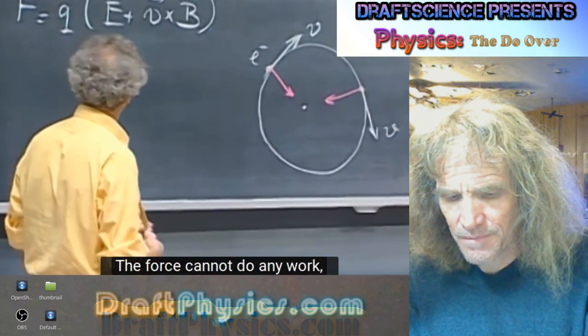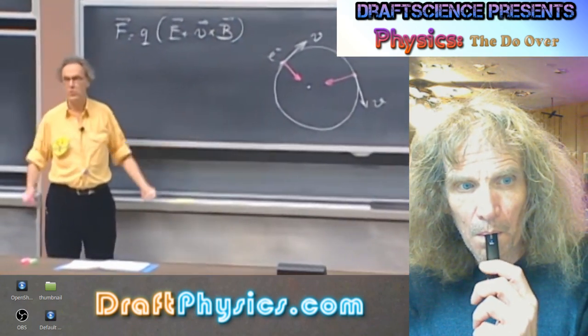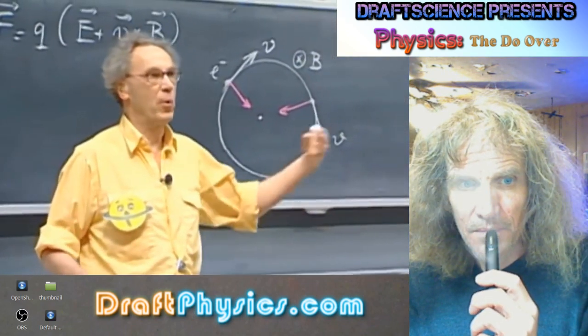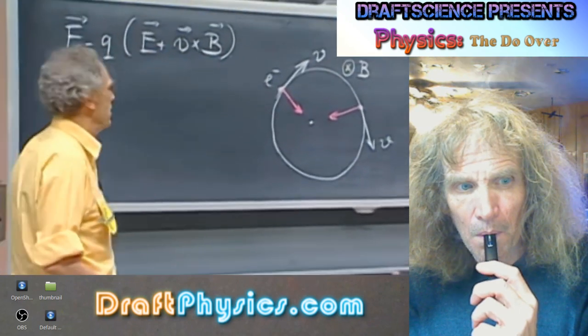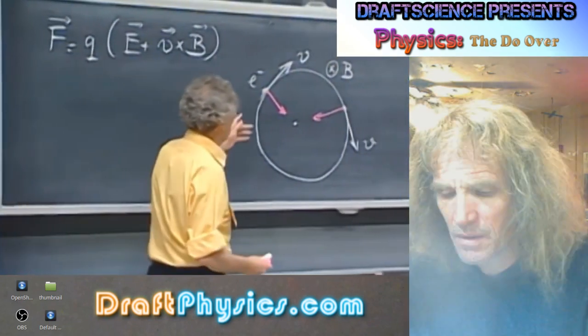And not change the kinetic energy, because F is always perpendicular to the plane through V and B, because it's a cross product. And since the force is always perpendicular to the velocity, you cannot change the kinetic energy because you're never doing any work. The only thing that the force is doing is...